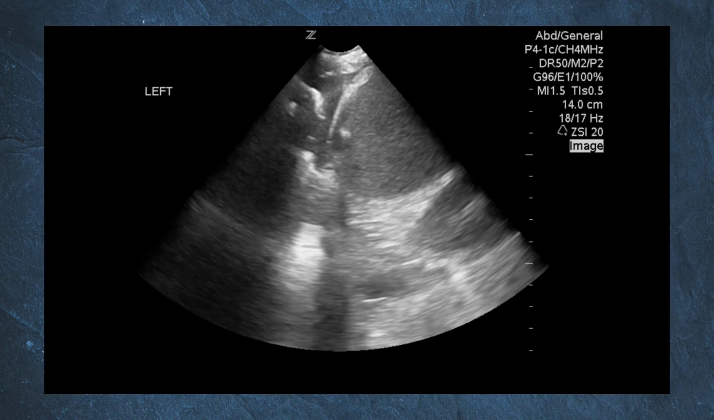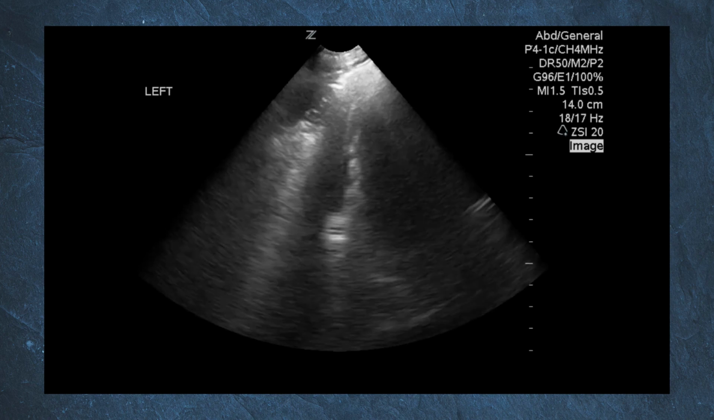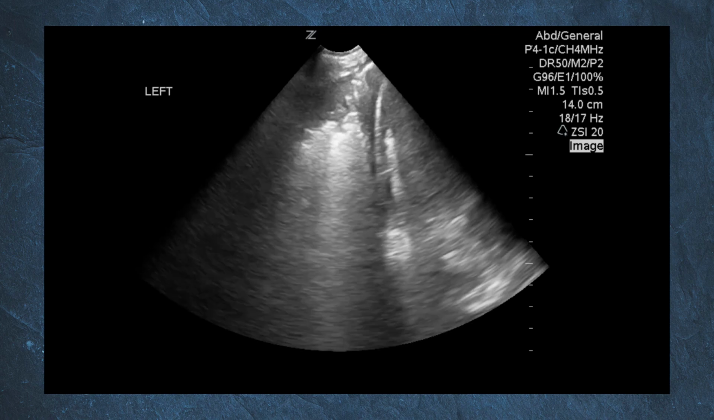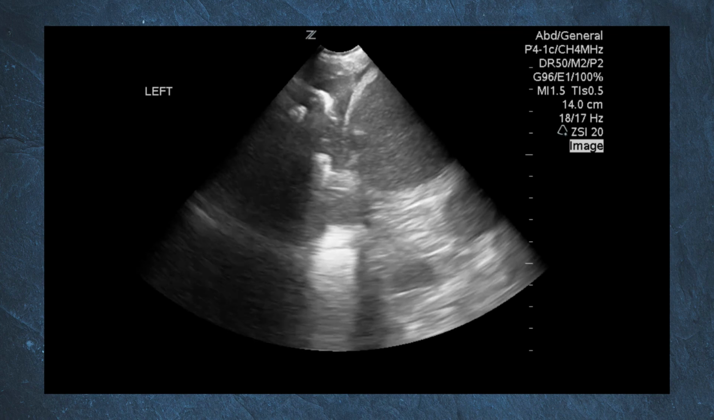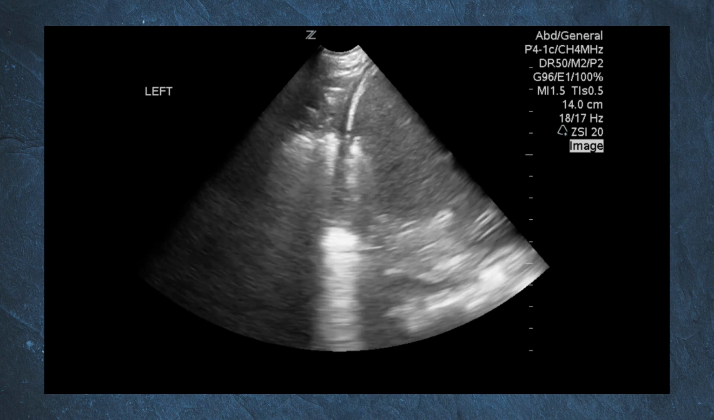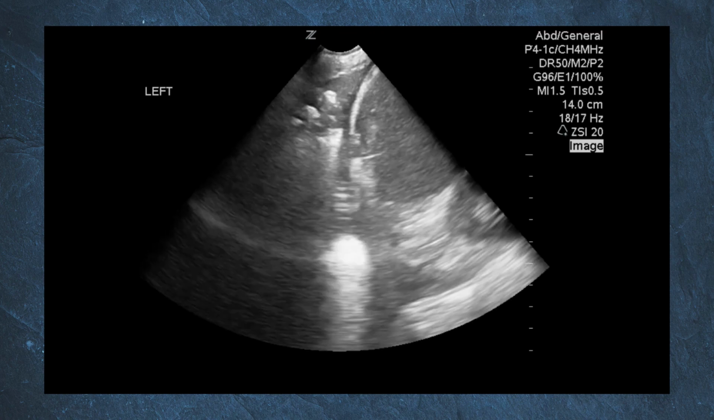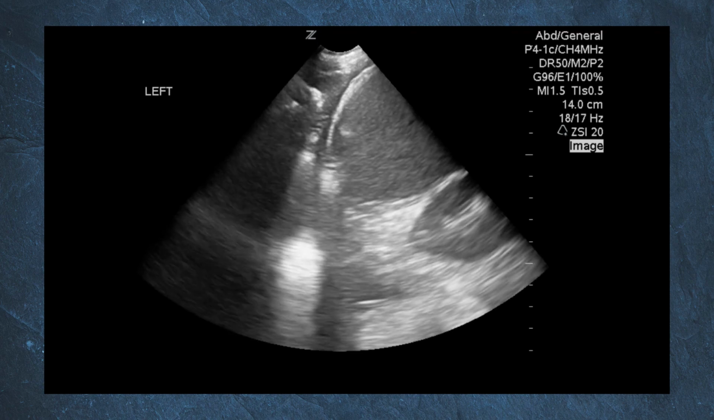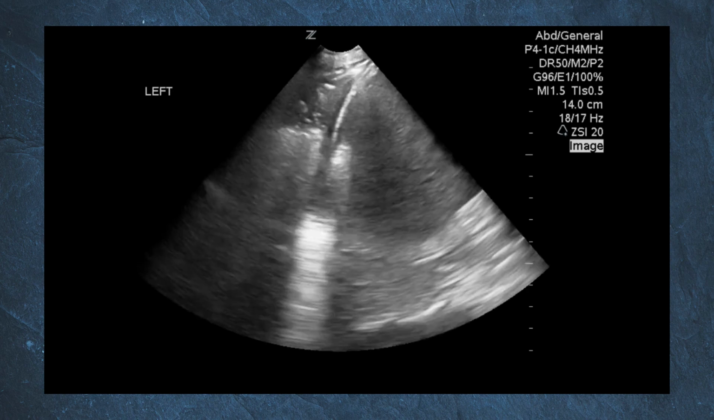In this left upper quadrant view of the FAST examination, you can clearly see multiple different echogenicities. The spleen to the right of the screen, also towards the patient's feet, is hypoechoic and homogeneous. You will also see the kidney coming into view at the bottom right of the screen. In the middle, you'll see a hyperechoic linear structure, which is the diaphragm. To the left of the screen, toward the patient's head, and also above the diaphragm, you can see multiple different